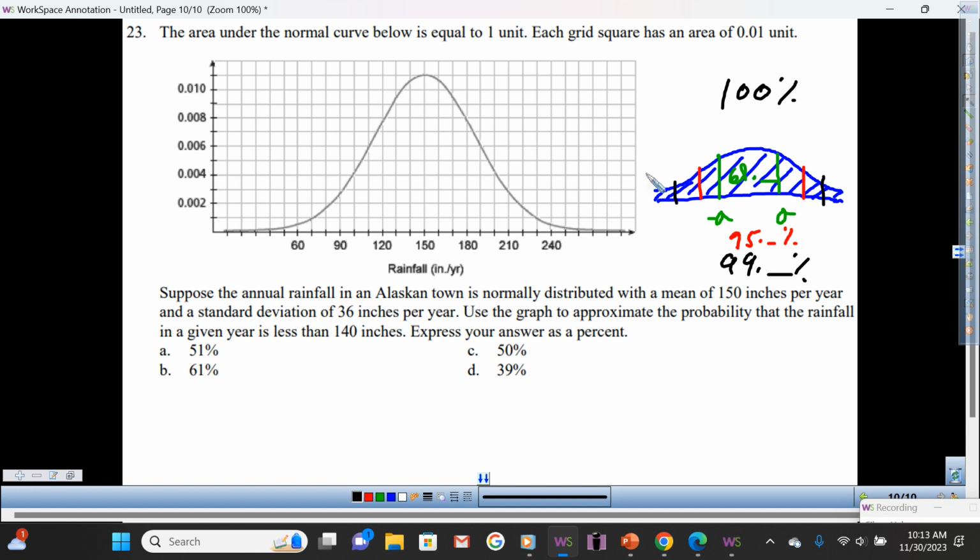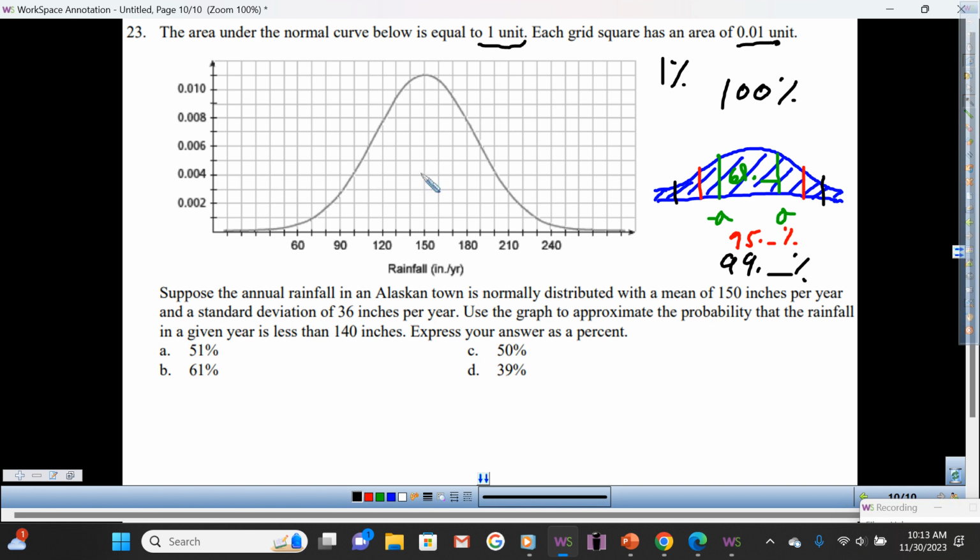However, the answer is in percentages, but the units, notice here they explain it's only 1 unit, which means that each little square is 0.01 unit. How much is that in percent, guys? Yeah, 1%. Okay, so with that idea,